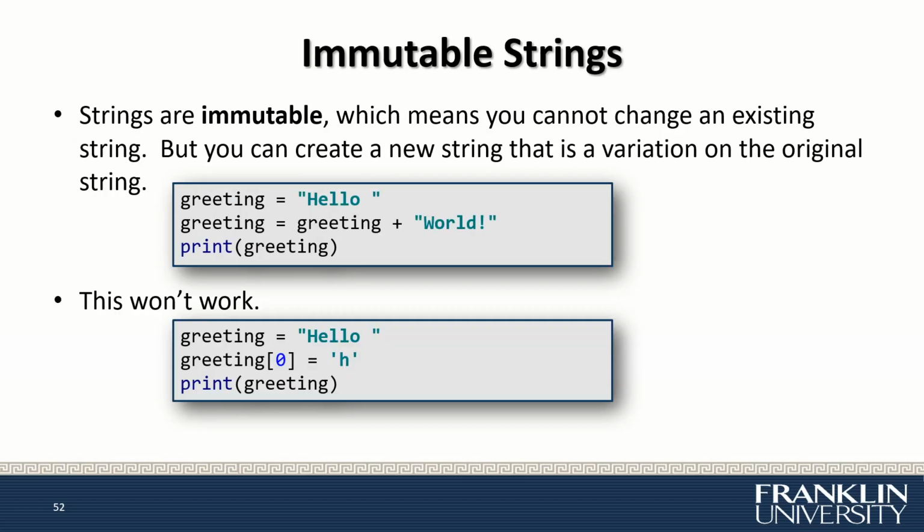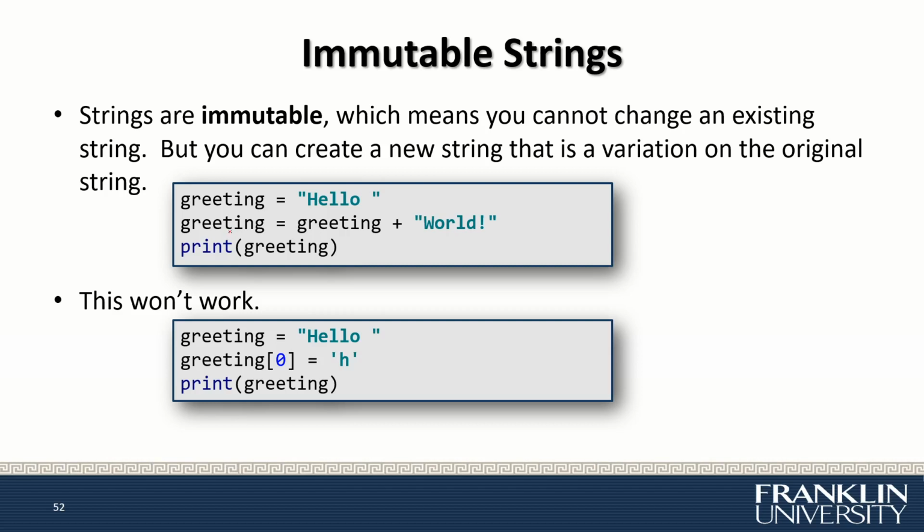Strings are what we call immutable, which means you cannot change an existing string, but you can create a new string that is a variation on the original string. You might be saying, I can do something like this. I can have a greeting equal to hello, and then greeting equal to greeting plus world. Well, didn't I just change the greeting, the variable greeting, which is a string? The answer,